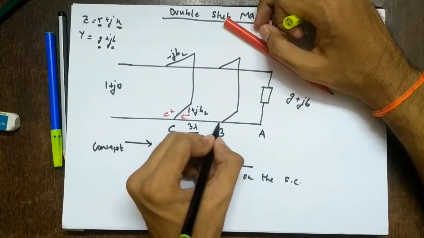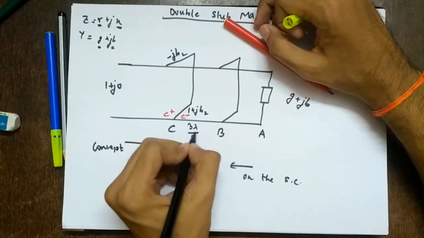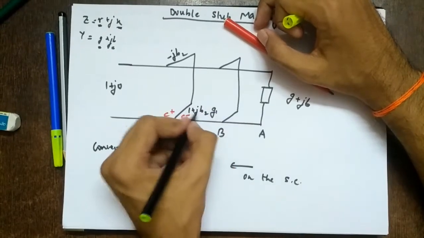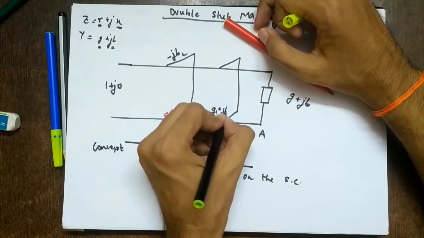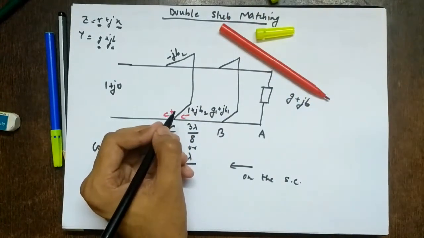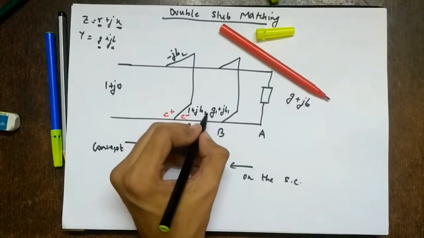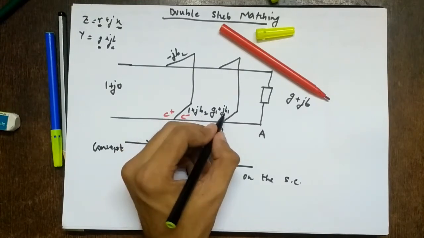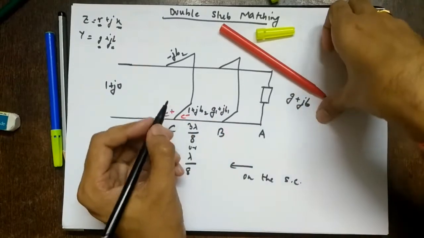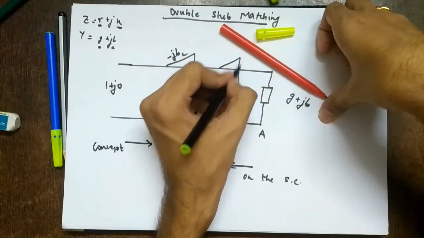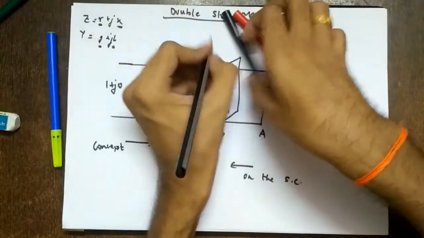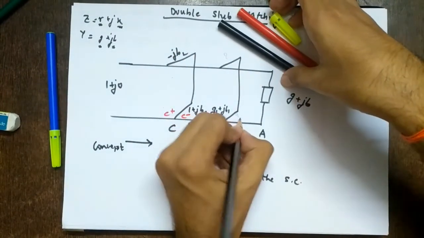Now this is a length of transmission line of, let's say, 3 lambda by 8. When you move along this length, what will happen? The 1 will change to some G1 and B2 will also change to some B1. Because, as we saw in single stub matching and in our transmission lines chapter in electromagnetics, a transmission line changes the resistance as well as the reactance. In the same way for admittance, it will change the conductance as well as the susceptance. Now again, it will change only the reactive part. But we don't know this susceptance.